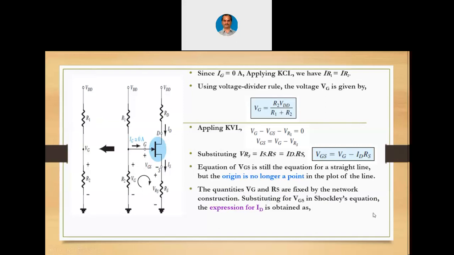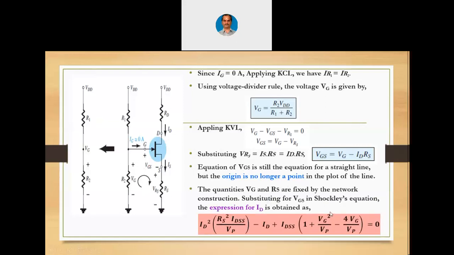Substituting for VGS in the Shockley's equation, the expression for ID is obtained as like this: ID square into RS square into IDSS by VP minus ID plus IDSS into 1 plus VG square by VP minus 2VG by VP equals 0. You can see this equation, which is much complicated than the previous equation. This is also in the form of ax square plus bx plus c, but here b is 1. You can see this is minus ID, so b is minus 1, a is RS square into IDSS by VP square, c is IDSS into 1 plus VG square by